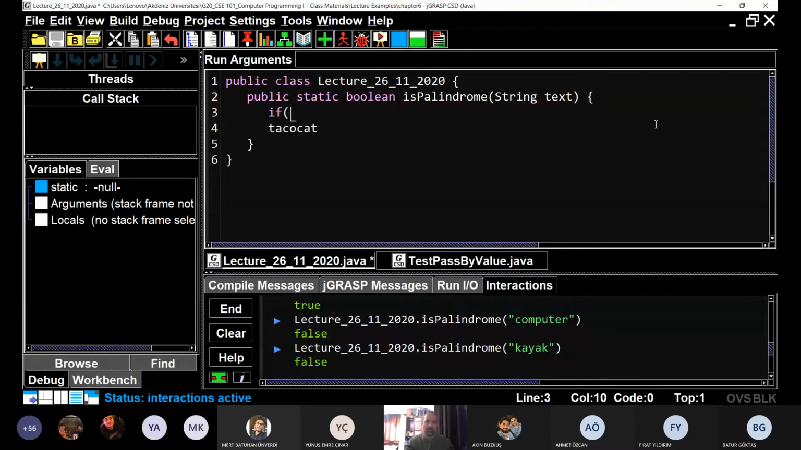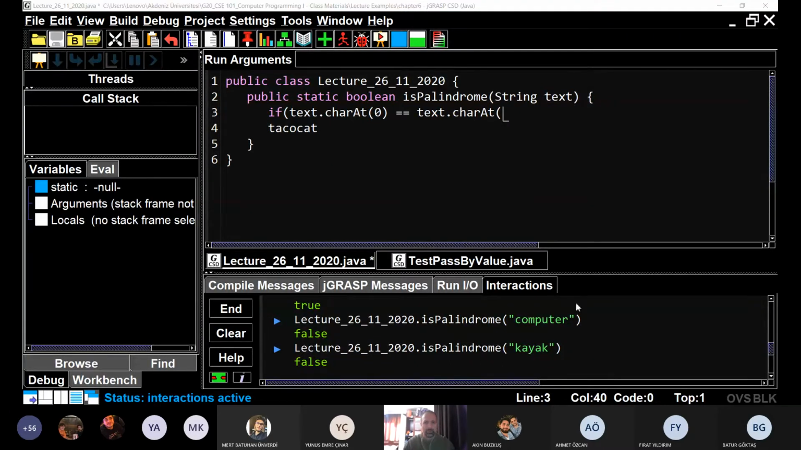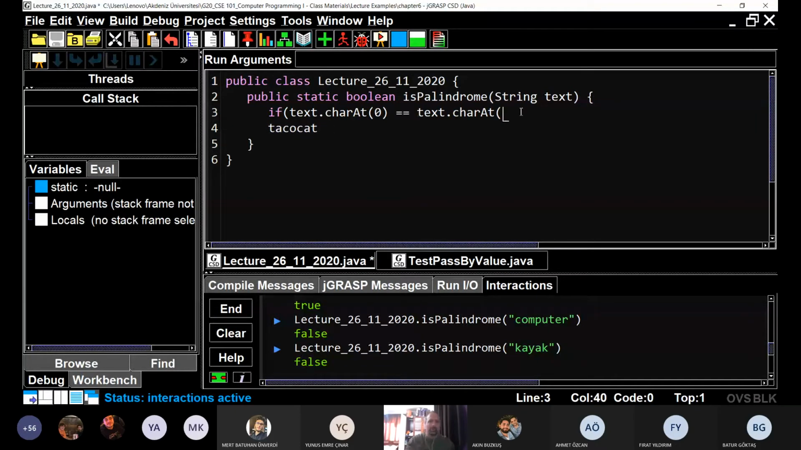char x dot char at 0 equals whatever the last letter. How can we figure out the last letter? Well, in TacoCat, it would be 0, 1, 2, 3, 4, 5, 6. It would be 6. All right. The length of the string minus 1. Good. You said minus 1. I'm assuming you meant text dot length minus 1. Okay. If they're the same,